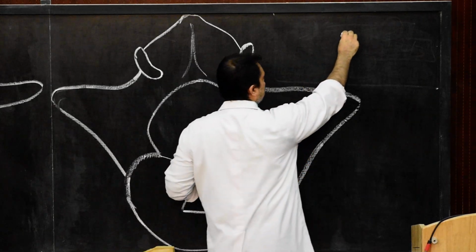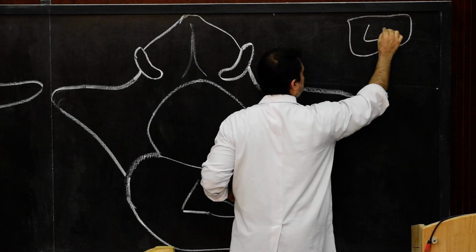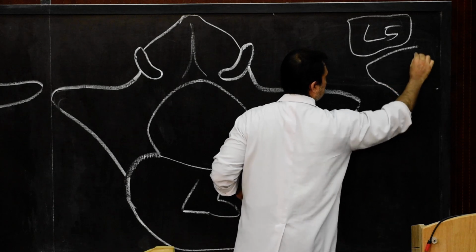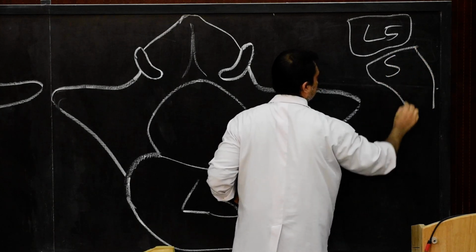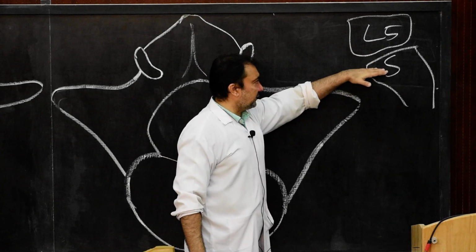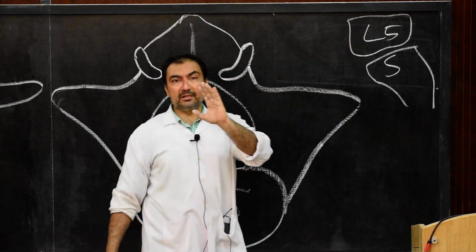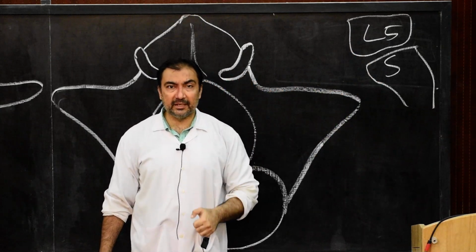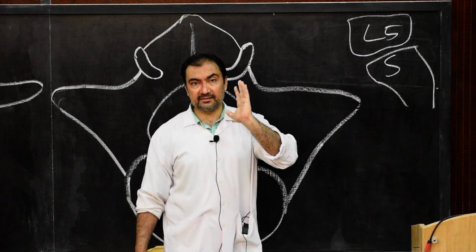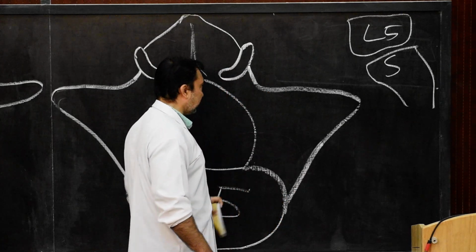For example, if I show over here, if this is the lumbar vertebra L5, and over here this will be the cross section of the sacral vertebrae, then the angle produced between L5 and the base of the sacrum will be known as the sacrovertebral angle. That sacrovertebral angle will be 120 degrees. That is another clinical feature, the sacrovertebral angle.